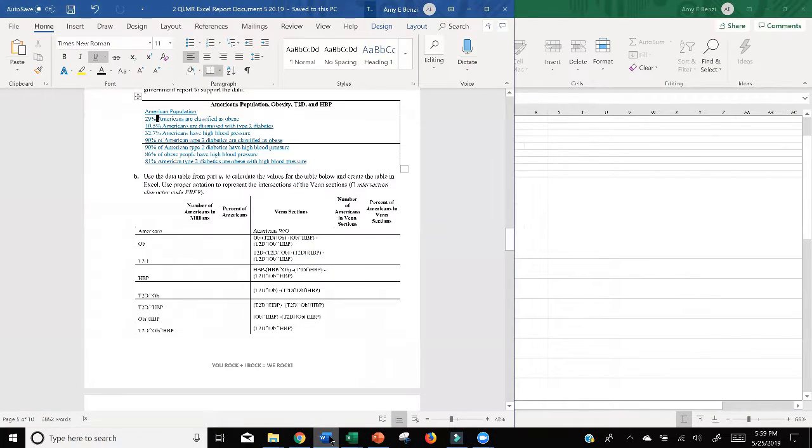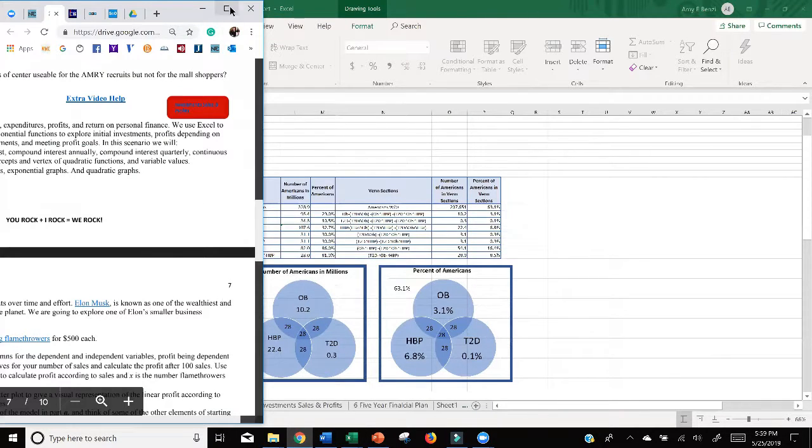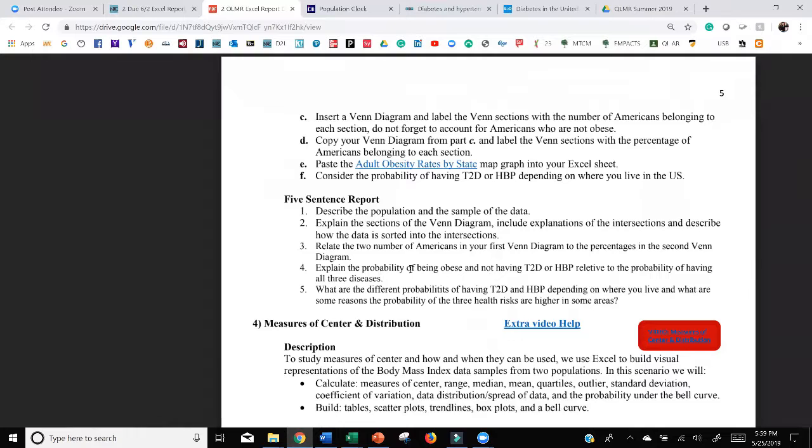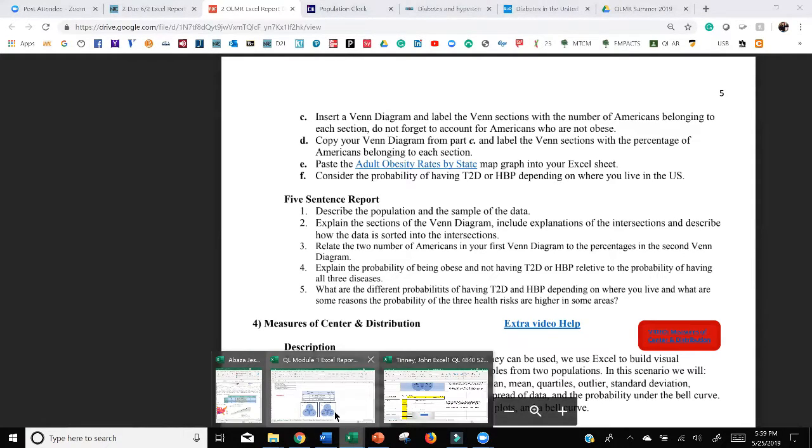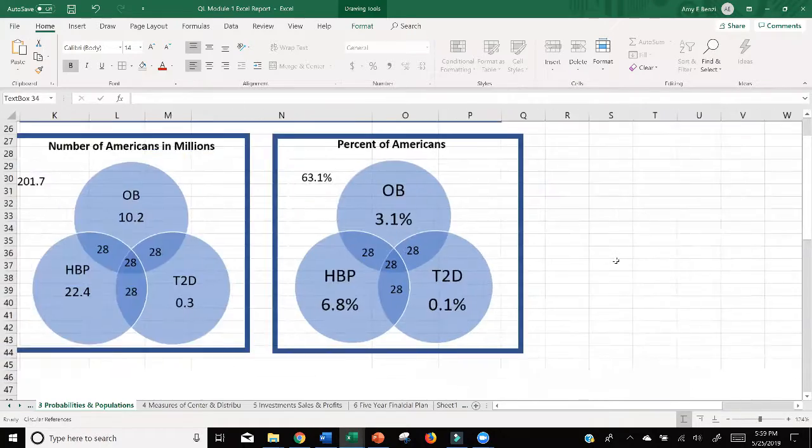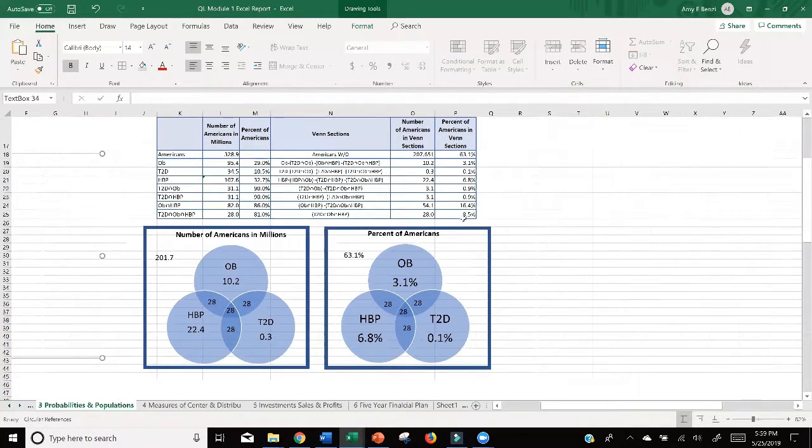The next thing on our list of 5 sentences is to explain the probability of being obese and not having type 2 diabetes or high blood pressure relative to the probability of having all 3 diseases. Well, let's look at that. That's the most profound thing about this entire statistic. Oh, now look, I need to change this real quick. It was 8.5%. All right, so you can see that you have an 8.5% probability as an American of having all 3 of these things,